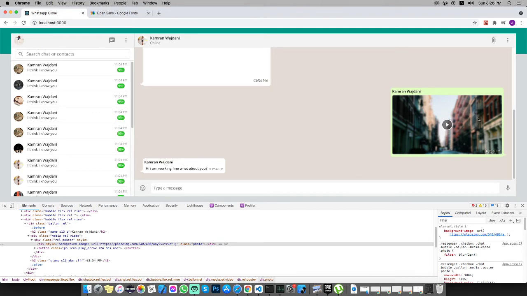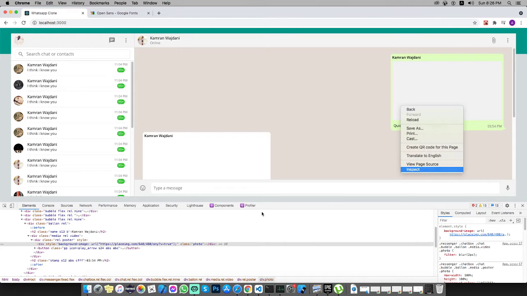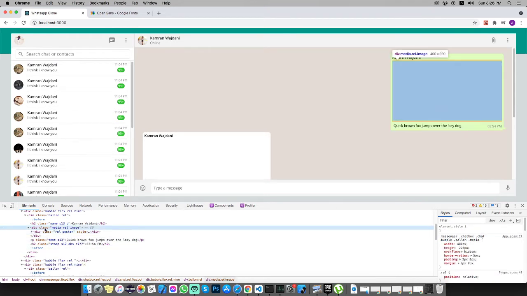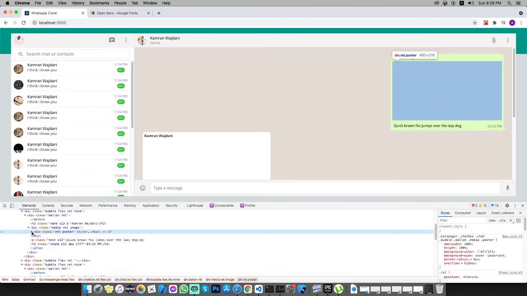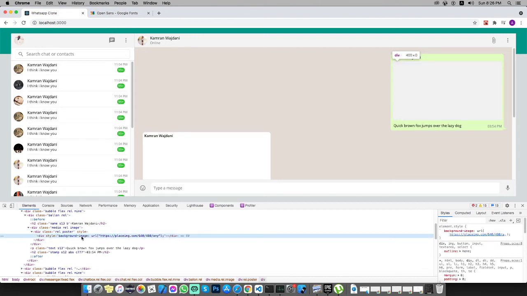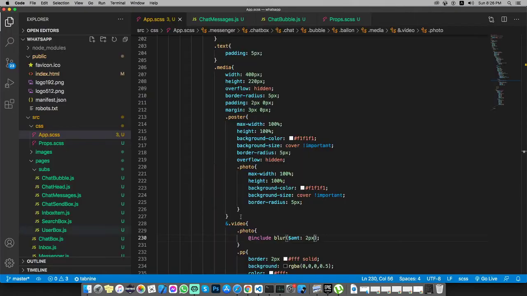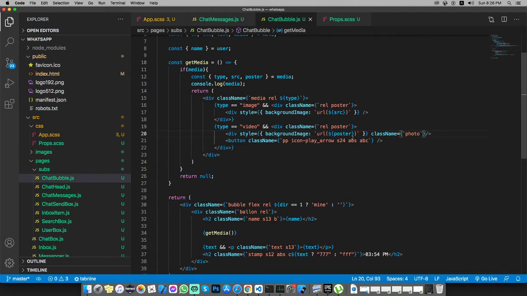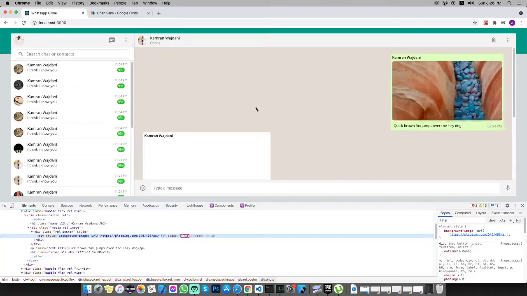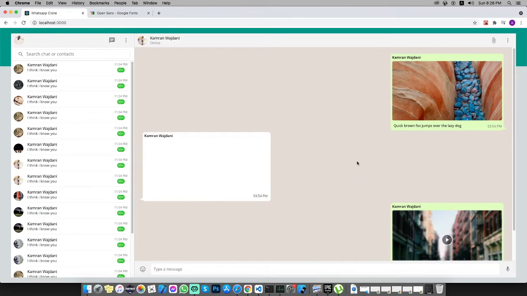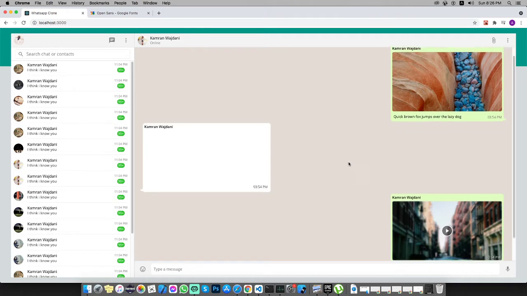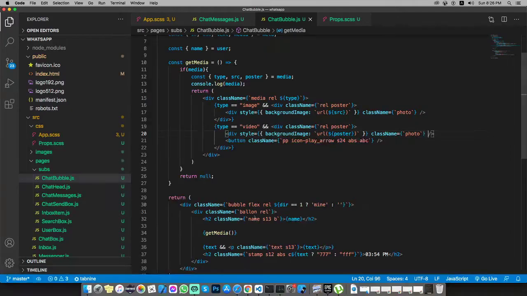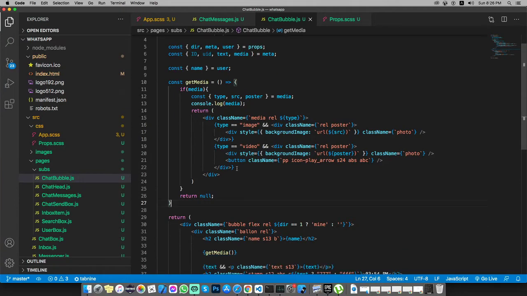Now we have a nice blur on our video. But for the poster of image, we have background image of, and let's quickly add the same class to our div inside the image block. Great. Now we need to add the audio block. Let's go,